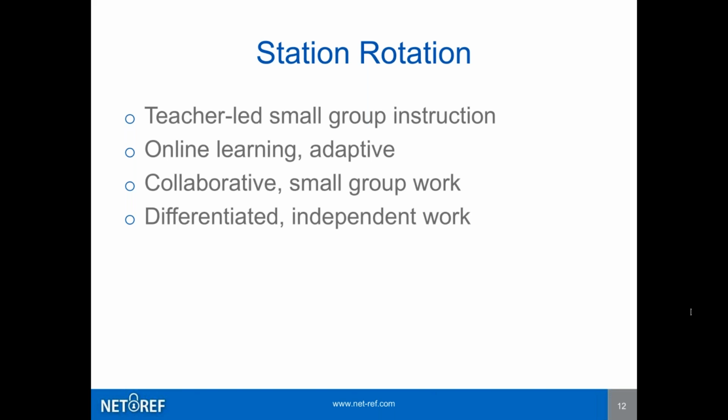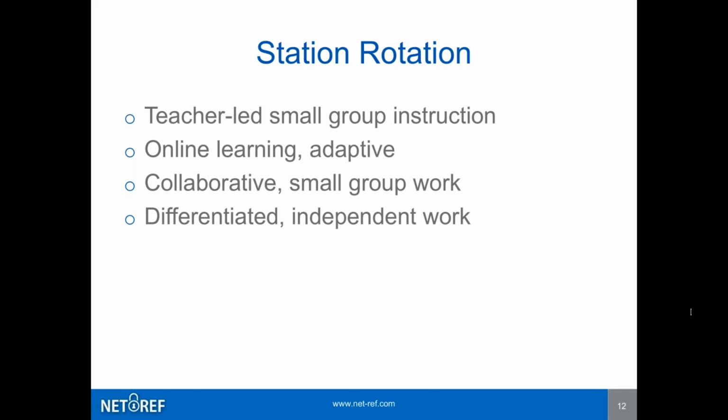So by the end of a class period or the set time for station rotation, every child will have spent time one-on-one, right, in that small group, checking in with their teacher, so they have that teacher-led small group instruction. It might be differentiated, so you might have a group of students moving through together, and they're then coming to that small group teacher-led instruction with a group that's homogeneous, and all the students are going to be working on something similar or at the same level as their peers. Or it might be a heterogeneous group where the teacher is taking through students on a very similar journey when they meet with the small group during the rotation.